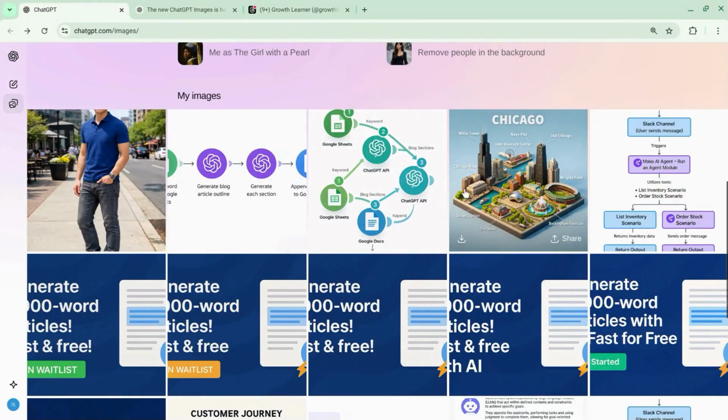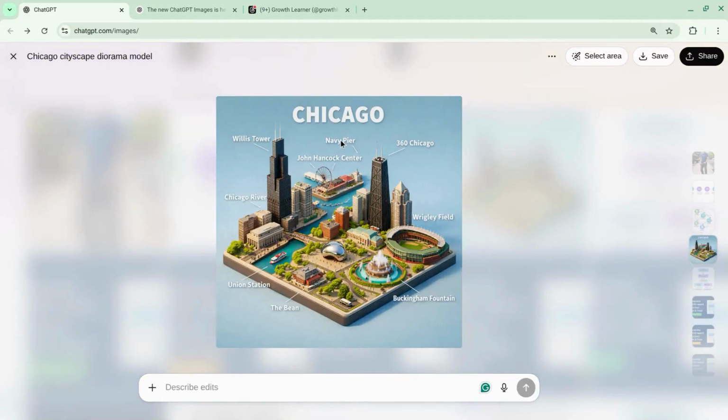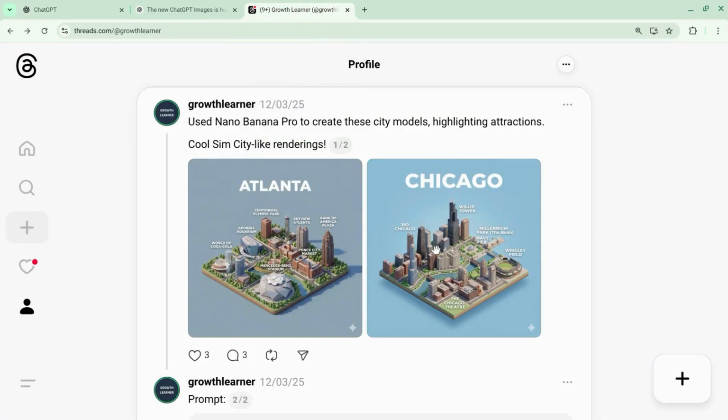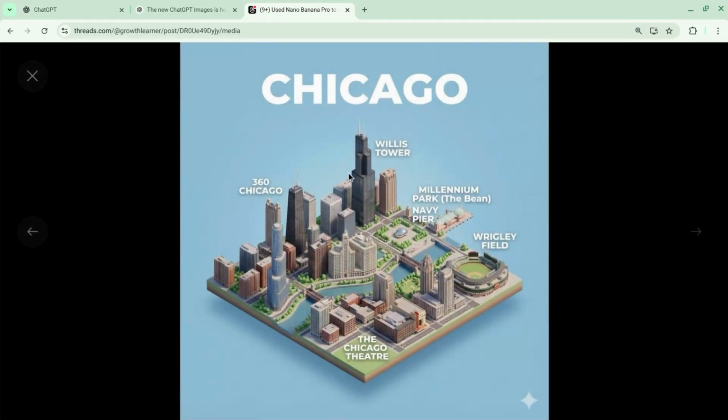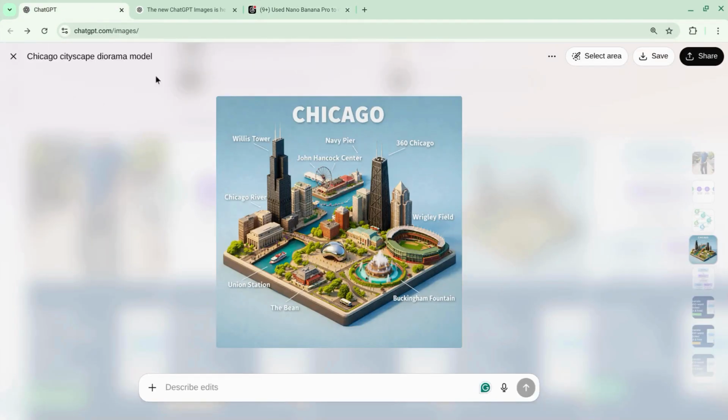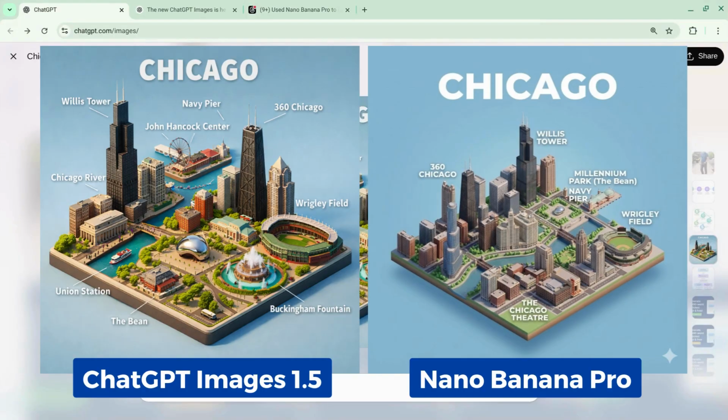The next thing I tried was creating a model, a 3D rendering of the city of Chicago with all these different attractions. And this is really good. I like the design and the rendering of this. You can compare this with what Gemini and Nano Banana Pro did. Both of these images are very strong, but in this case, the image from ChatGPT Images 1.5 has better detail